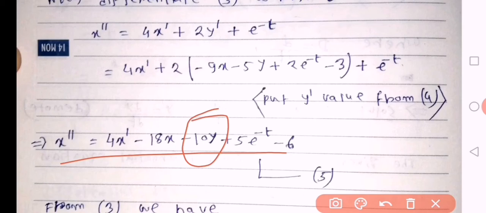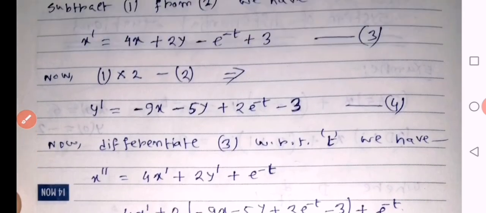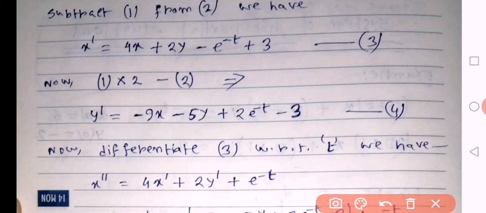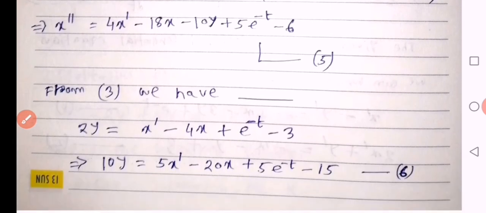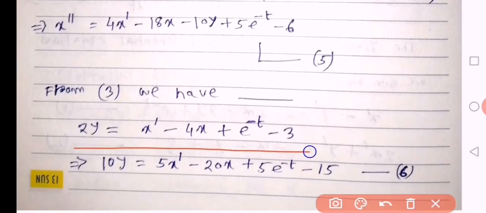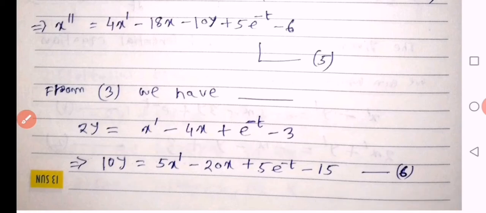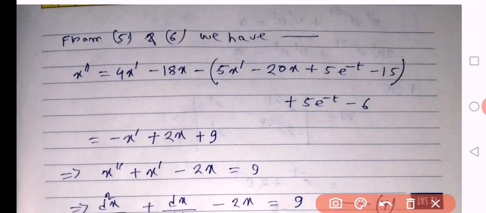So for 10y we will find the y values from equation number 3. So from equation number 3 we can write 2y equal to this. So multiply both sides by 5, we will get 10y equal to this. After substituting the 10y value into this given equation from equation number 5, we will get this,